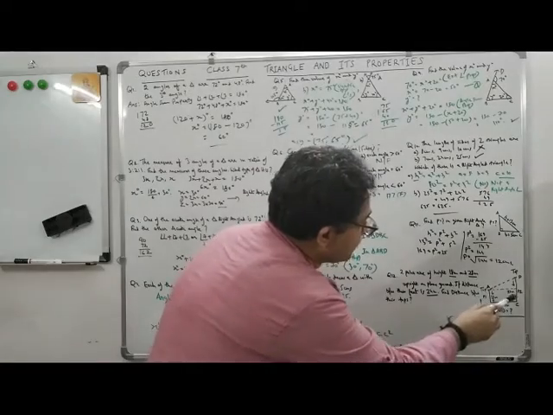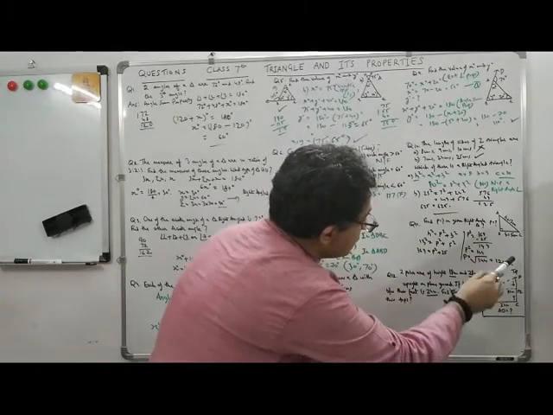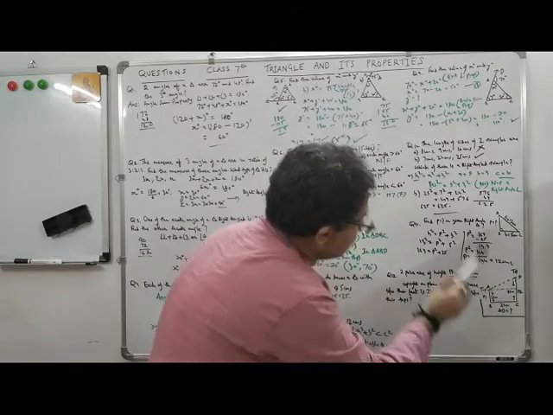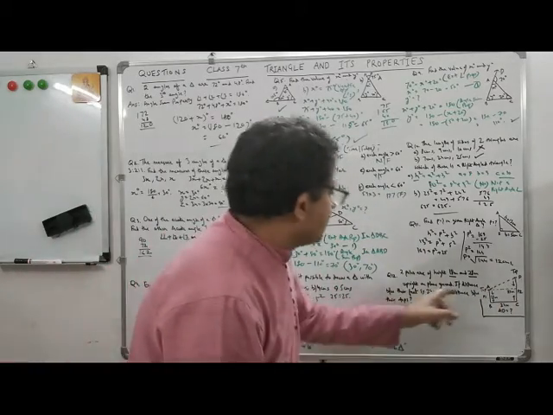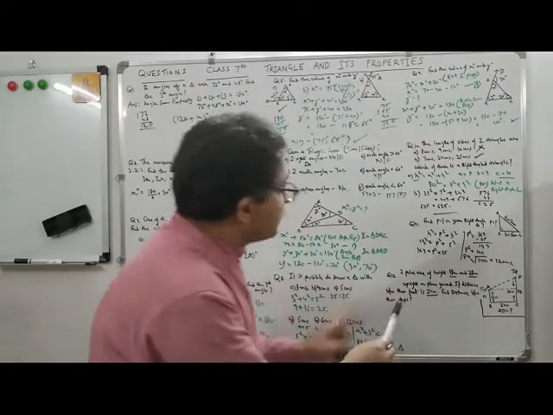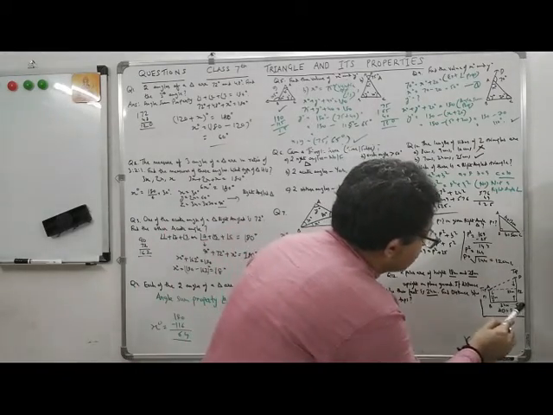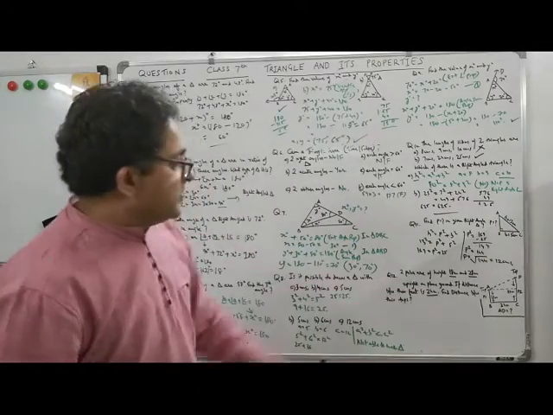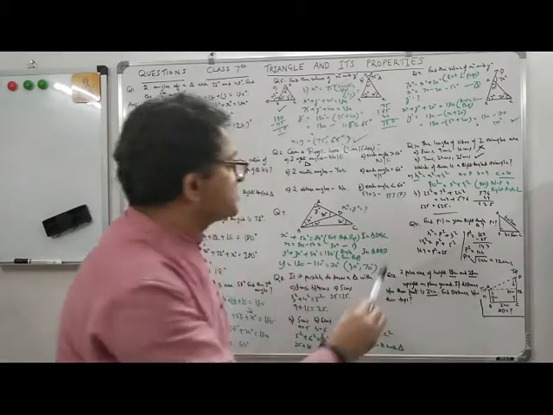P1 is pole 1, P2 is pole 2, which is the bigger, longer pole. How much? 28 meter. So I mentioned this 28 meter, 18 meter. Upright on a plane, obviously the poles will be upright on plane ground. If the difference between the feet, these are the feet of the first pole and feet of the second pole, the difference between the feet is 24 meter. Given, find the distance between the tops.